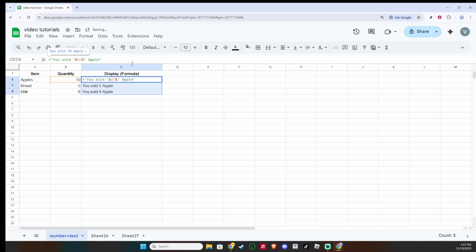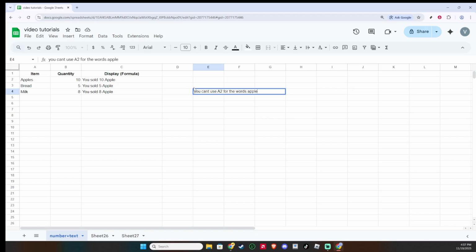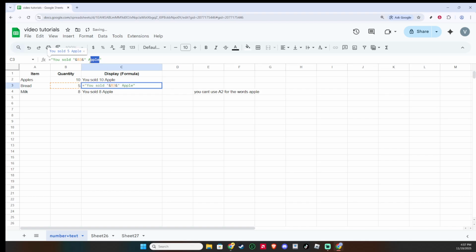A quick formatting tip. When you combine text with numbers, the number's display formatting may not carry over. If you're working with dates or currency and want the exact display, you can convert the number to a formatted text string with the TEXT function. For example, wrap a currency value like B2 with TEXT(B2, "$0")